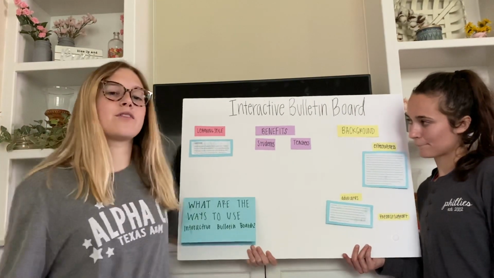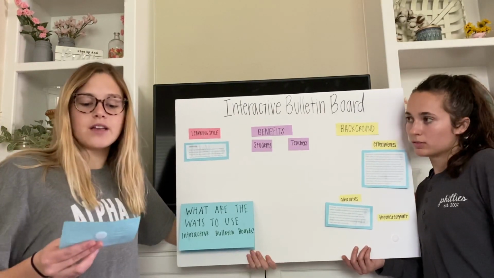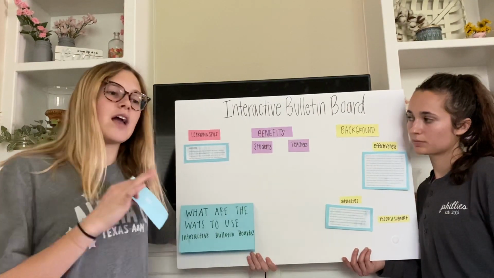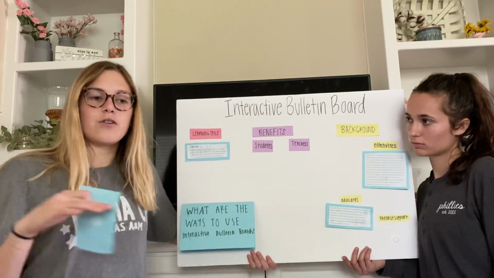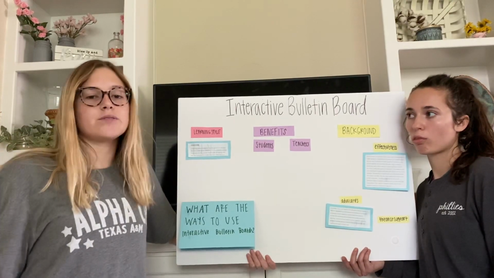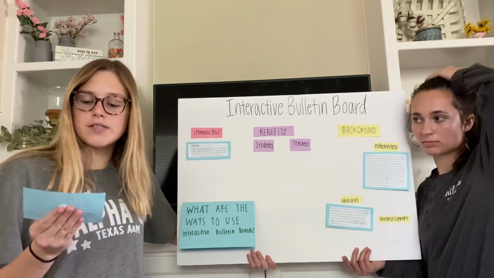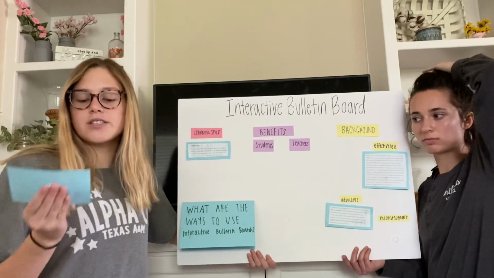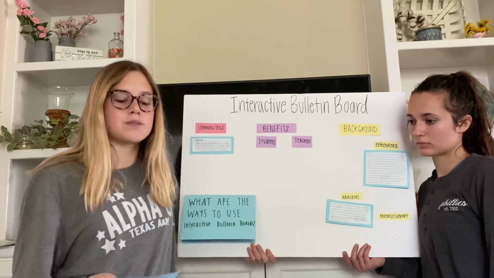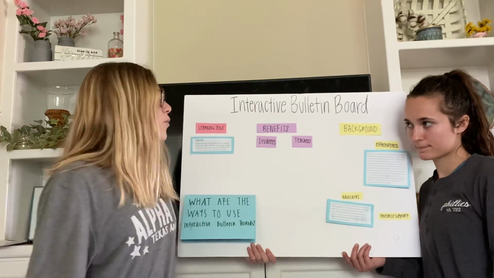And a theorist that we thought would support this strategy is Lev Vygotsky, and he was the father of social learning, and so he was big in communicating as a classroom and interacting in a social way, which also supported their further social skills in their future. And so like this strategy where the students are interacting, each coming up to the board and talking with a big group discussion, he emphasized the importance of collaboration, discussion, and feedback, and this is the perfect way to include those three concepts.